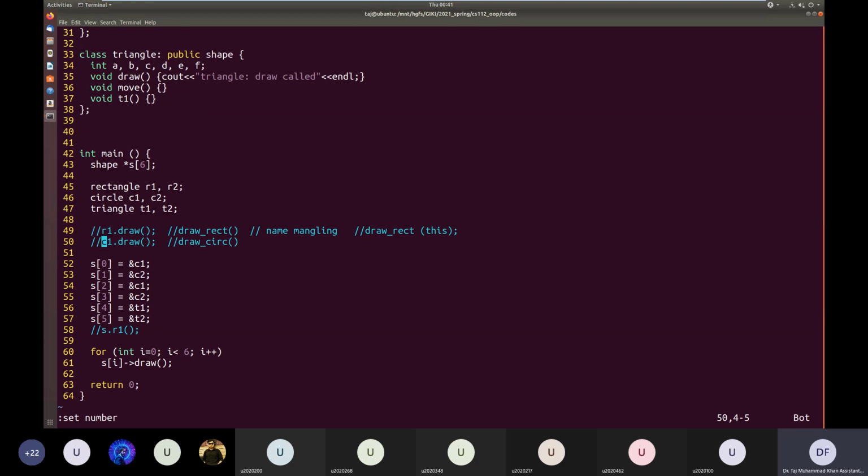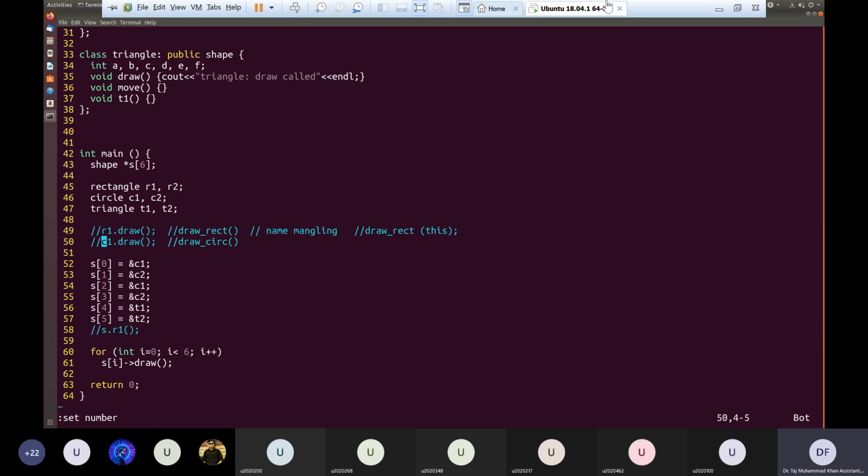So for the C1 object, which is of type circle, this draw function is private. So we cannot access it through this interface, the C1 object. But if we use the base class pointer, then we are able to access this function, because in the base class, the function draw has been declared public. So I just commented the line that was causing the problem.